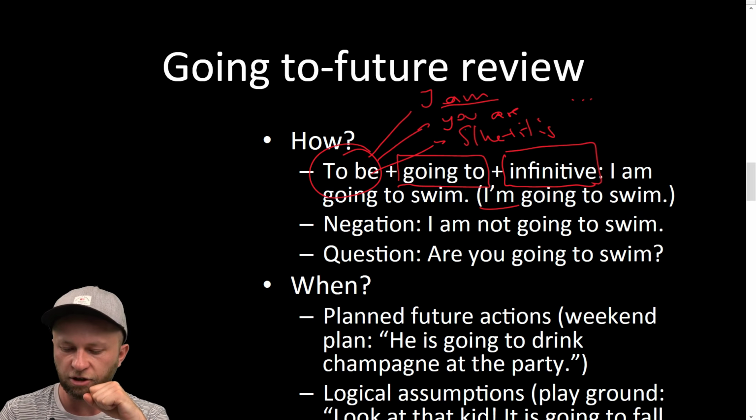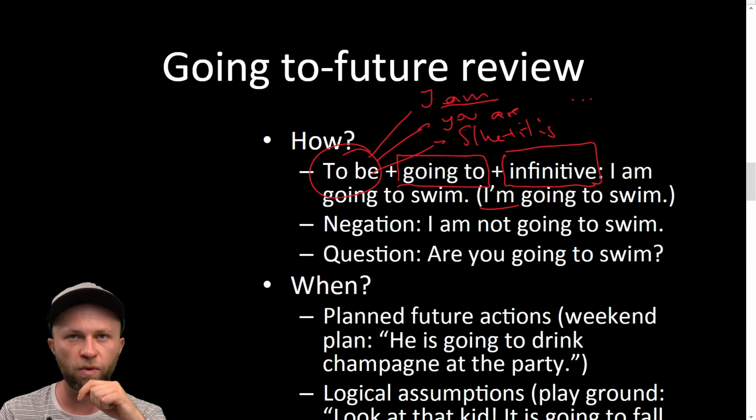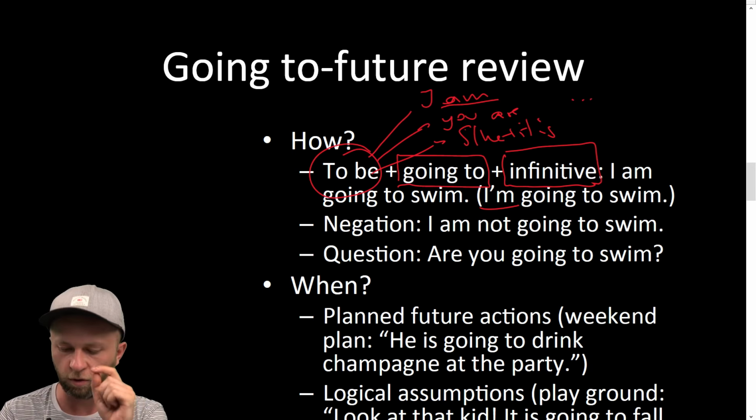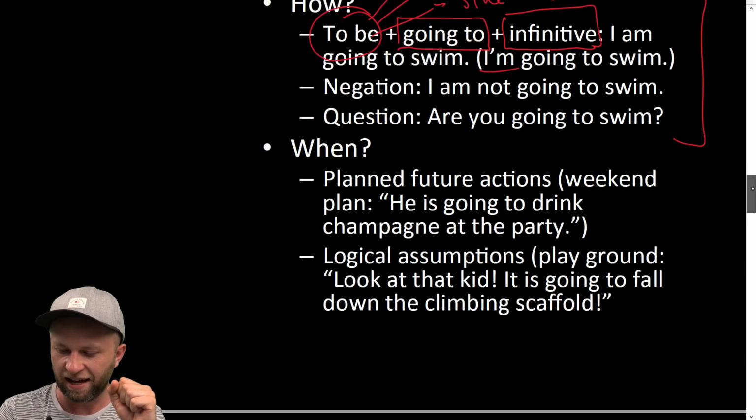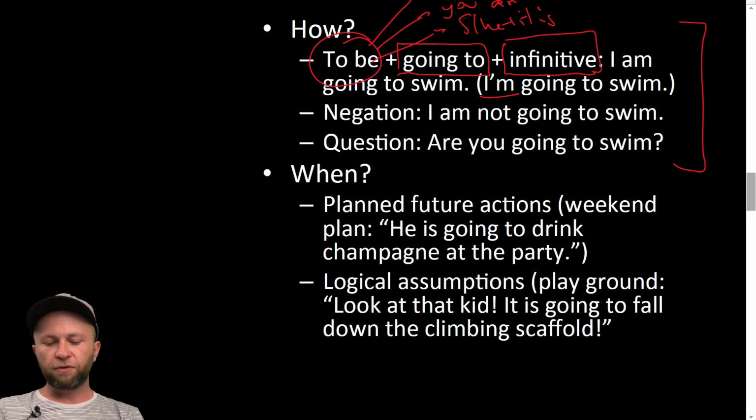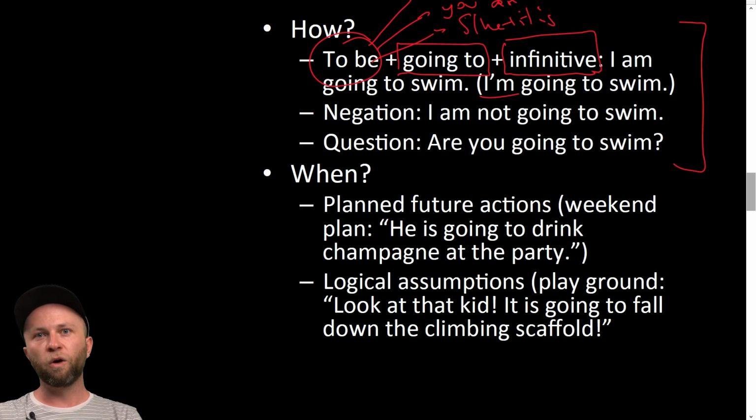And then the negation, I'm not going to swim, I am not going to swim, and there's the question, are you going to swim? This is how you form it. Now, when do I use it? For example, if you have a planned future action, so something that is absolutely clear that you are going to do. For example, he's going to drink champagne at the party, because champagne might be the only drink there, or